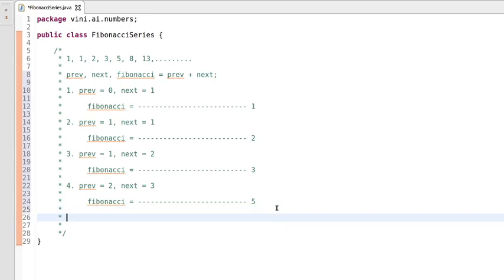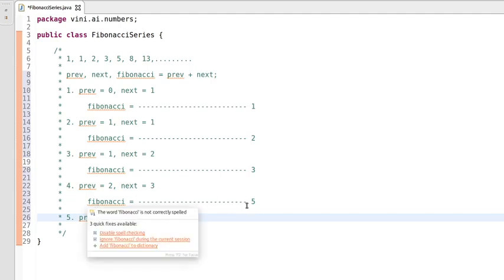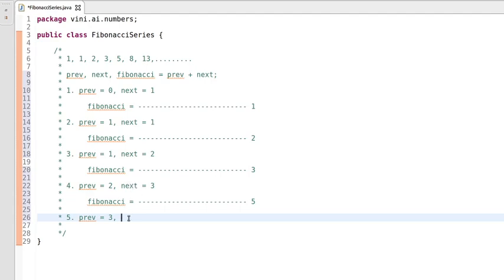And let's do one more iteration for one more Fibonacci series number. The next value will be assigned to the previous variable, that is 3, and the Fibonacci updated value, that is 5, will be assigned to the next variable, so it's 5.